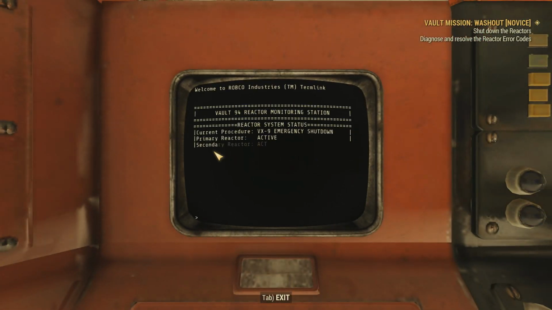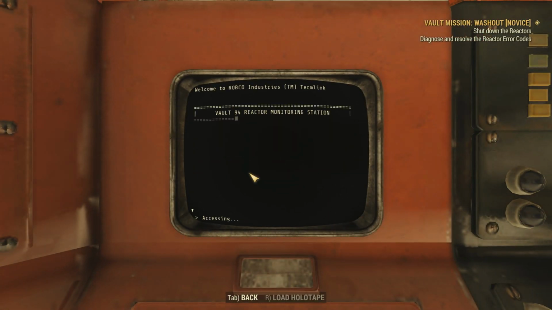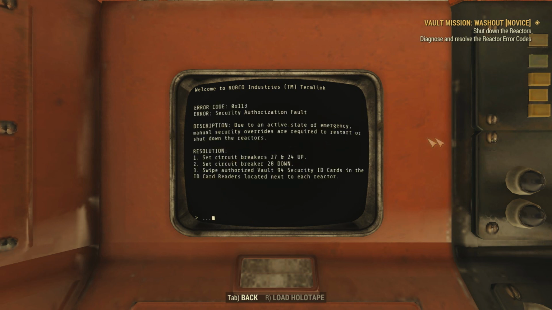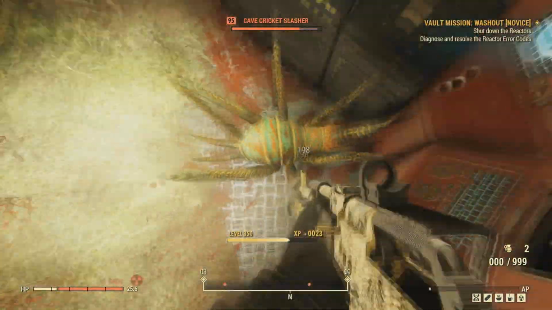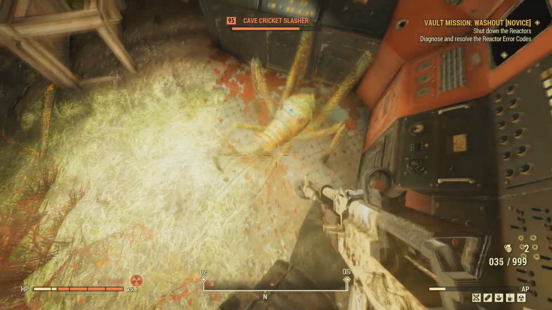Alright, so let me pull up my codes. First code was 113. Oh, I heard that little thing moving. 113. 113. Print screen that. Paste it, and I'm going to get off this computer really quick. I don't know how I missed that often, but...